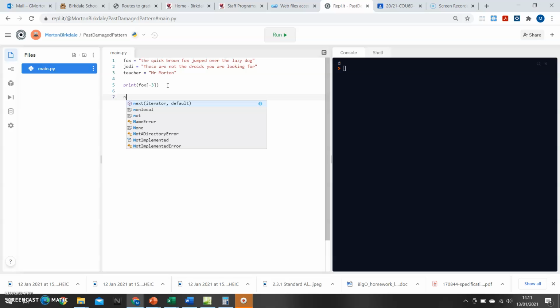So I could say message equals teacher plus, and then I'm going to take some letters from fox and from Jedi. So what would I like to take? I would like to take teacher equals Jedi, and I'm going to put